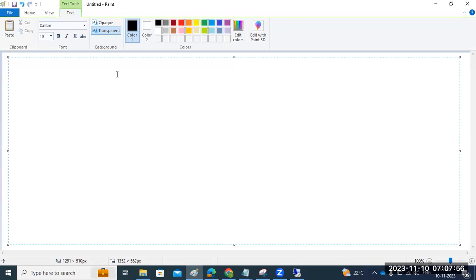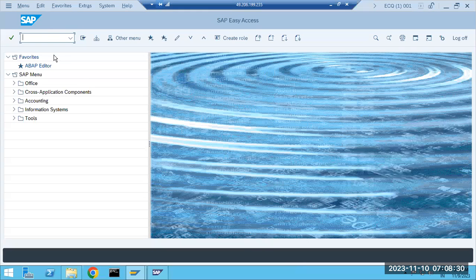Right. RFC also, in SM59, they will give the target host, which means the remote host which we want to connect to. That host name you have to provide, then you can pull the data from that system. In RFC we are providing source only now in that place, correct? Yeah, we are providing source only, Sai.